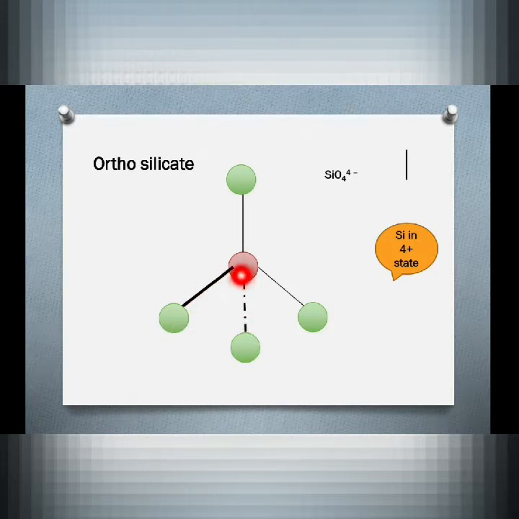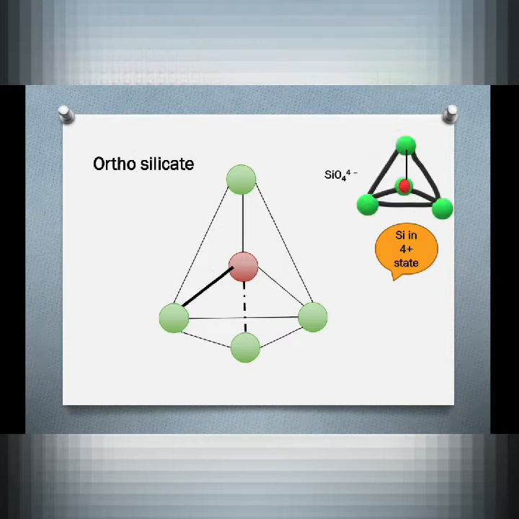Now these oxygen atoms are only bonded to the silicon atom. There is no other bond of oxygen. There is only the bond of silicon and oxygen, and it forms a tetrahedral structure. This silicon, this oxygen and this oxygen are in plane, and these 2 oxygen are out of plane. If these are the plane of the board, then this oxygen is above the board and this oxygen is just below the board. This way they form the tetrahedral structure.